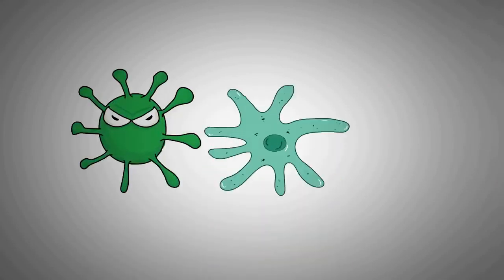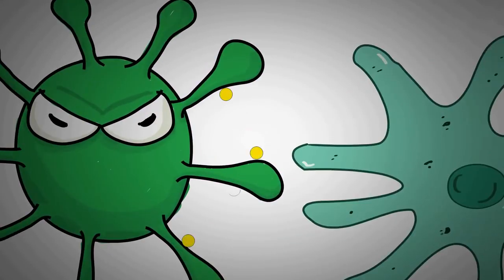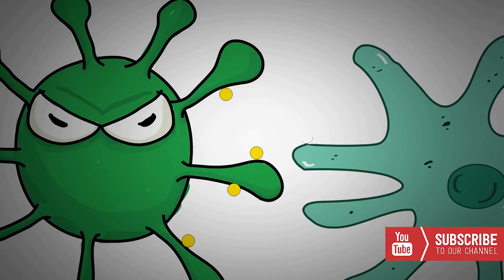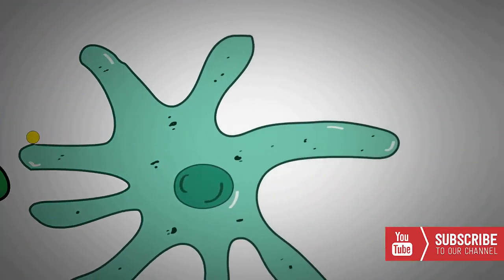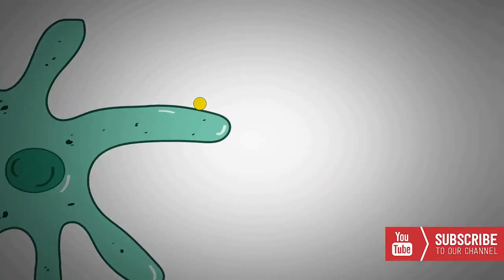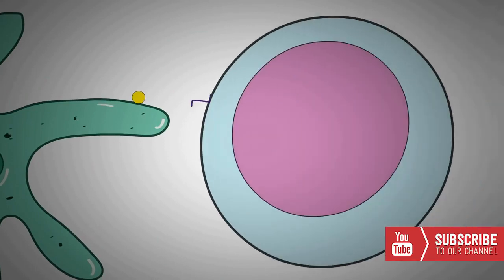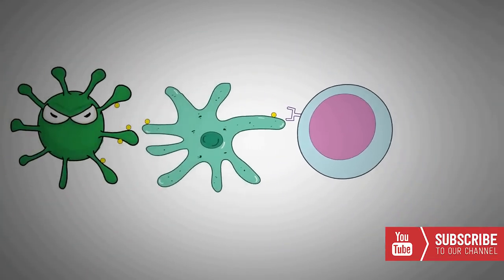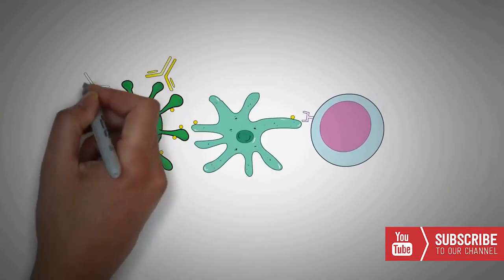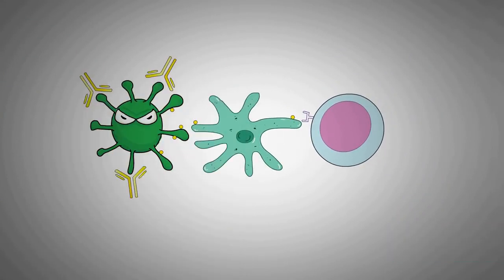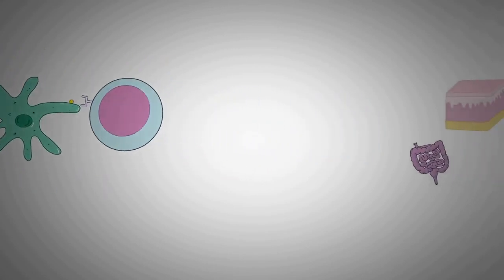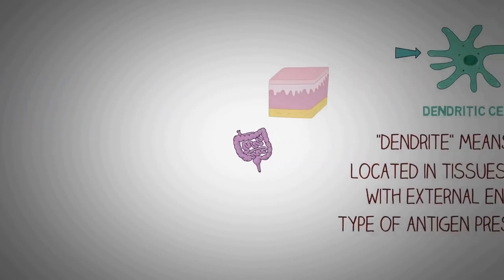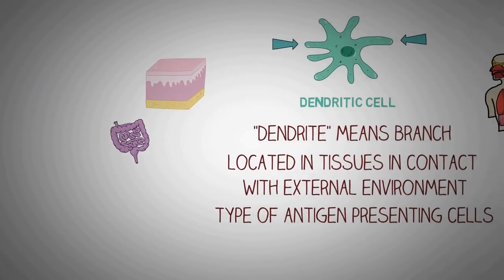Antigen-presenting cells detect the pathogens and they take the antigens that are present on the surface of these pathogens to lymphocytes. Lymphocytes are cells of adaptive immunity that we will discuss in a bit. The dendritic cells present these antigens to the lymphocytes, and this leads to attack on the pathogen by these lymphocytes and the antibodies they produce. So they are known as the antigen presenting cells as they present the antigen to the lymphocytes.